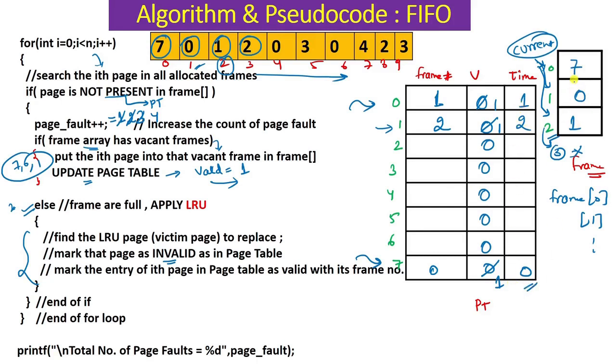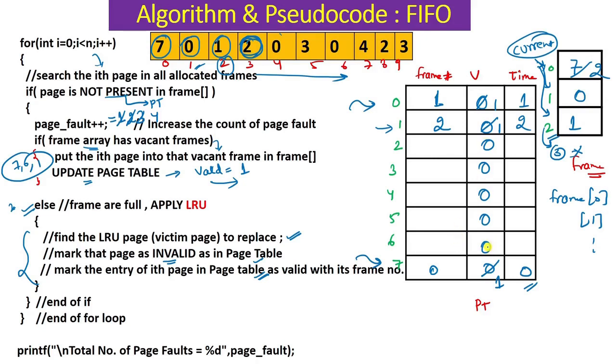So 7 should be replaced, okay. So I will replace this 7 and then I'll put 2 here, and then I'll update the table entries 2 times. So basically we will do this here, and accordingly we'll go for the 0. But here one thing you have to notice: when you come for 2 now, you have to update the page table for 7 and 2, but please take care that for 2 you have to update